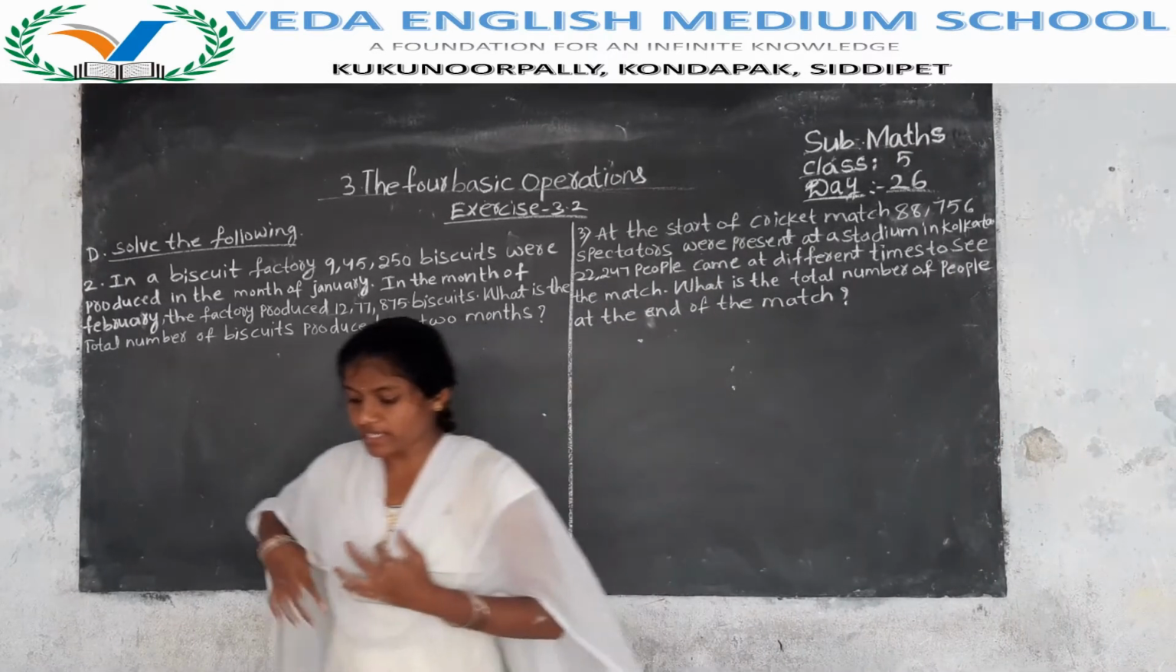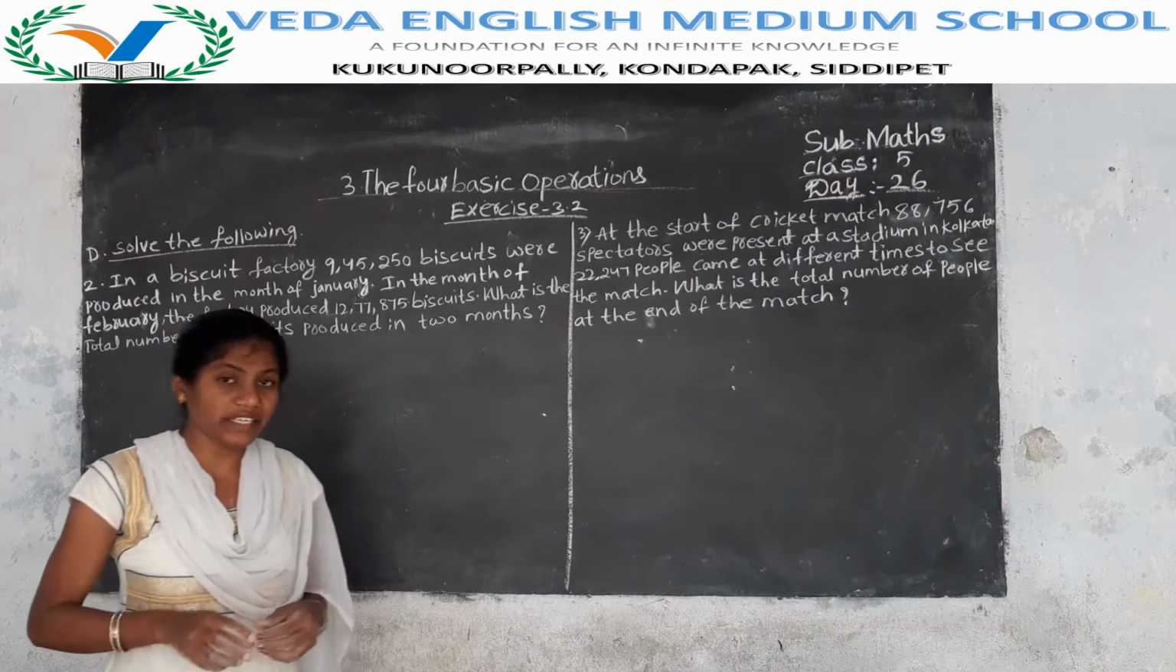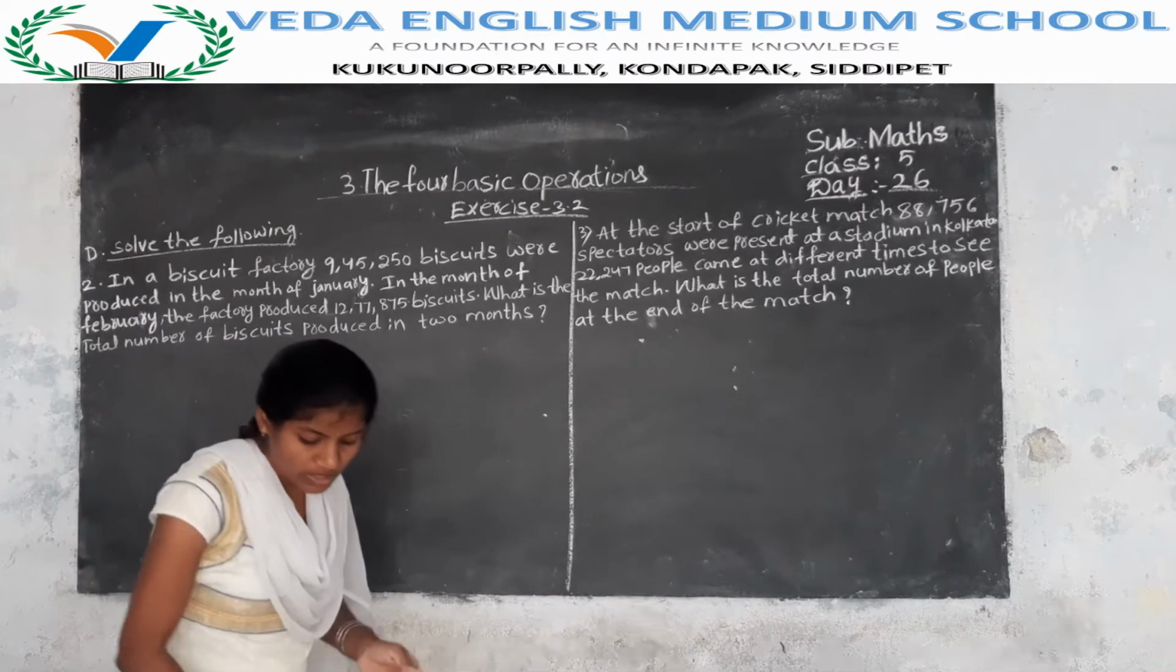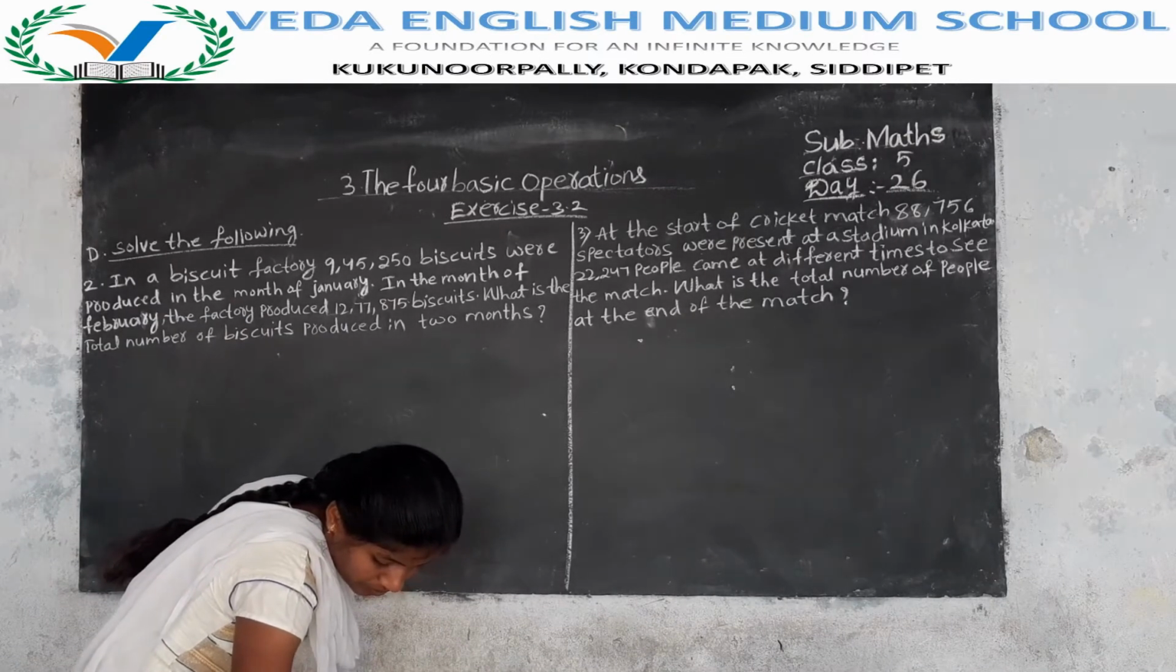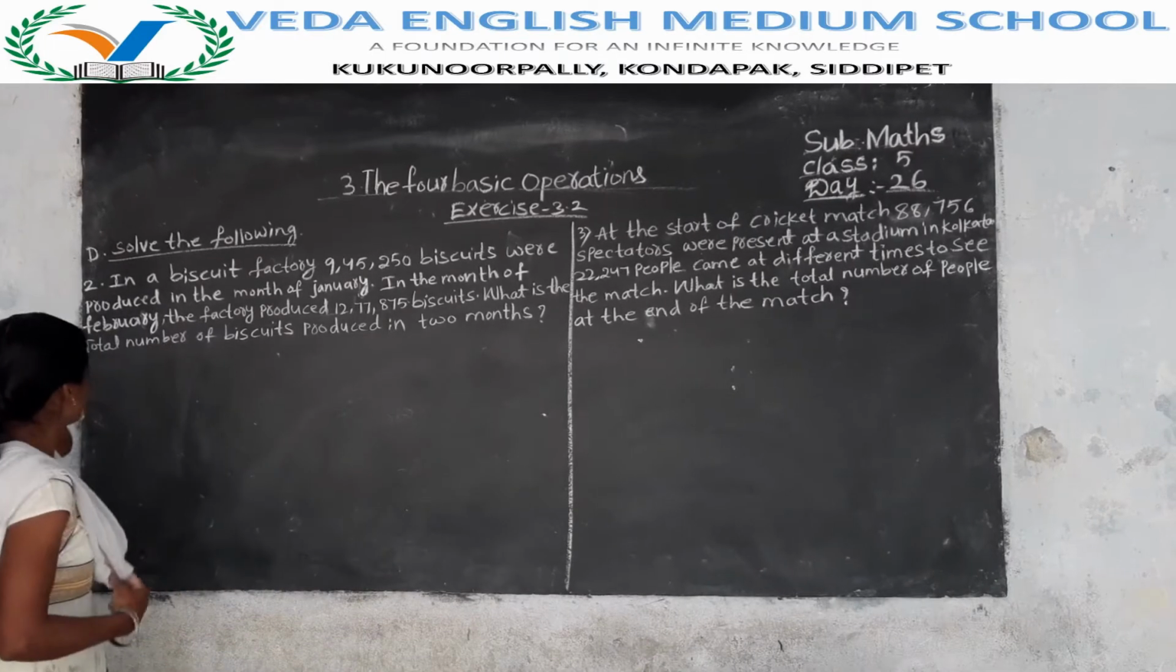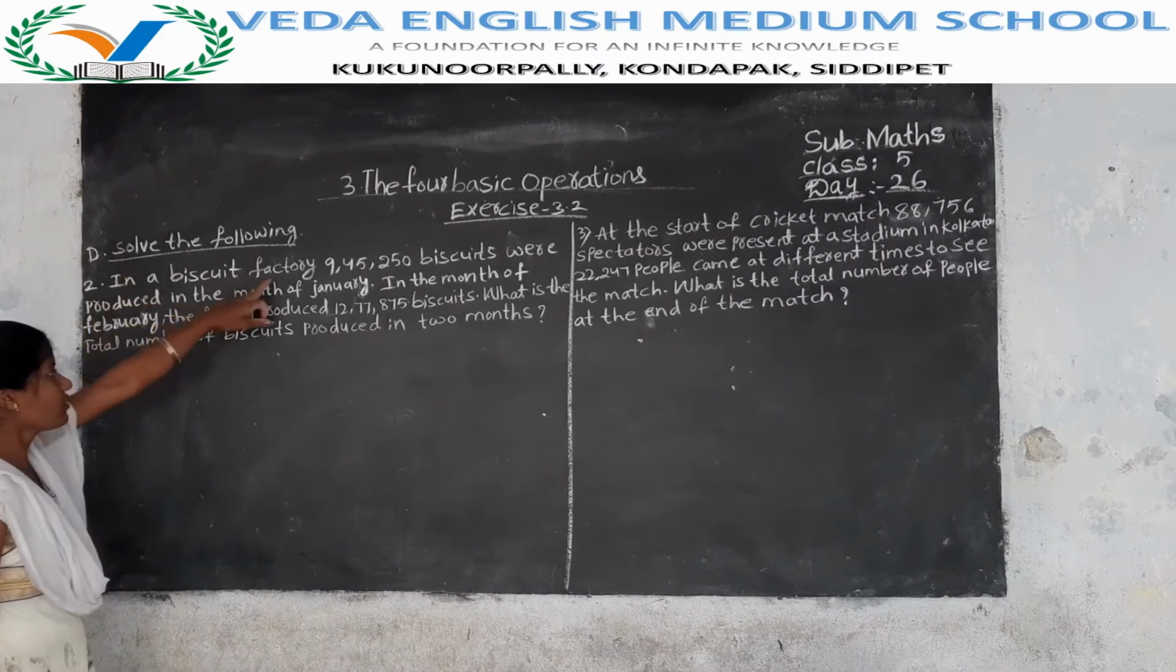Now in exercise 3.2, up to CBT has been completed, and in DBT one word problem has been completed. Now the second word problem is: in a biscuit factory